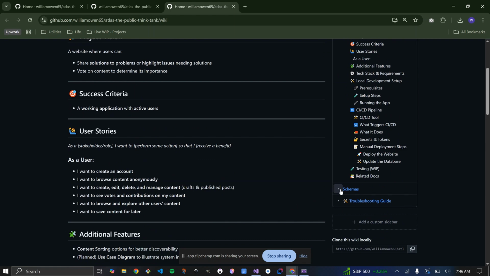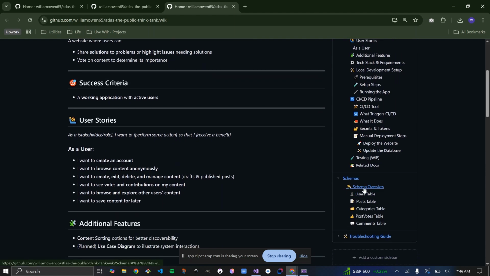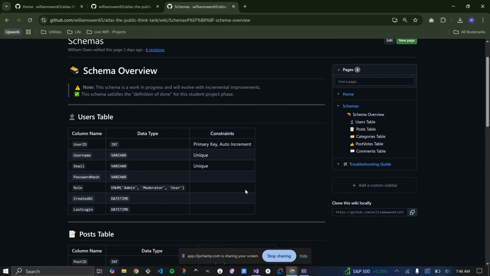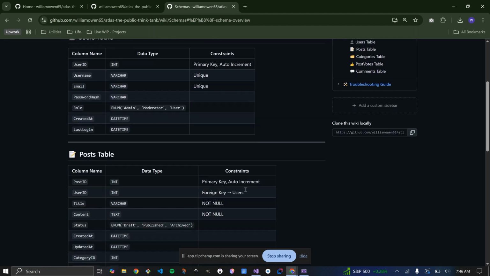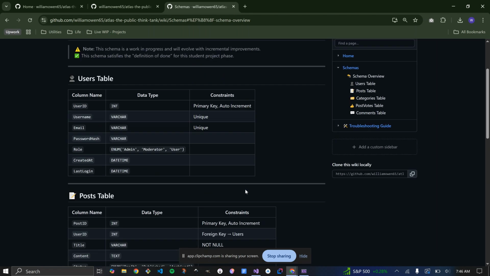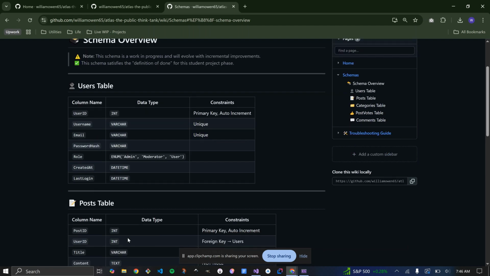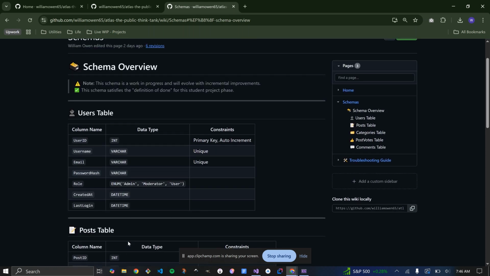In this wiki, I have everything you'd see about this project, all the way to deployment, and some notes I've taken. I have a page that goes over the schema that I'm going to use for this project and all the tables. I did have ChatGPT generate pretty much everything because I had a project from our SQL course and it got a little too crazy. So I wanted to scale back, and I used ChatGPT to help get me a base starter schema that I could build off of.